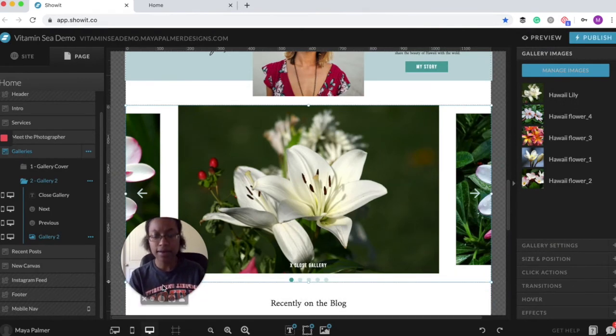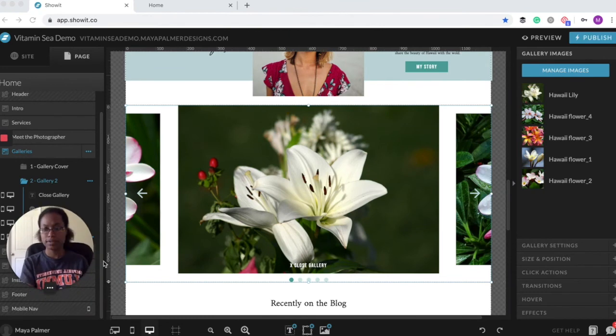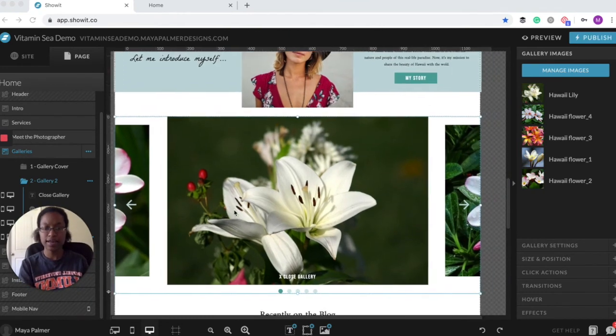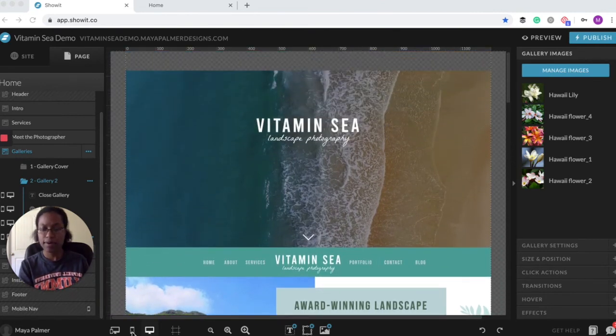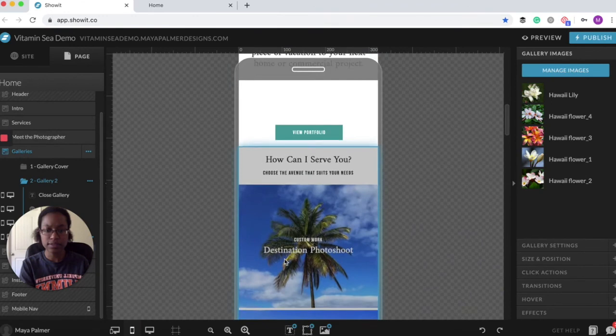Now let's talk about going into the mobile editor for a little bit. You've noticed that I made all of my changes here in just the desktop view, but like I said, the mobile and desktop view are completely independent. You can change any information on one side and not have it reflected on your mobile view, or vice versa. And so if I click mobile and I scroll down,